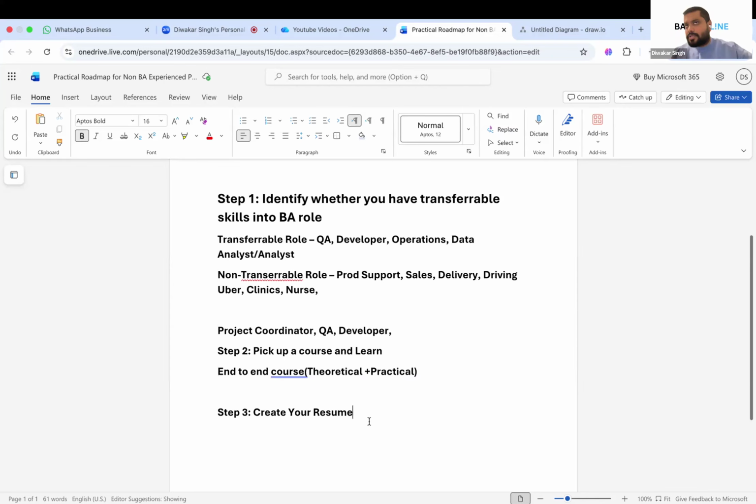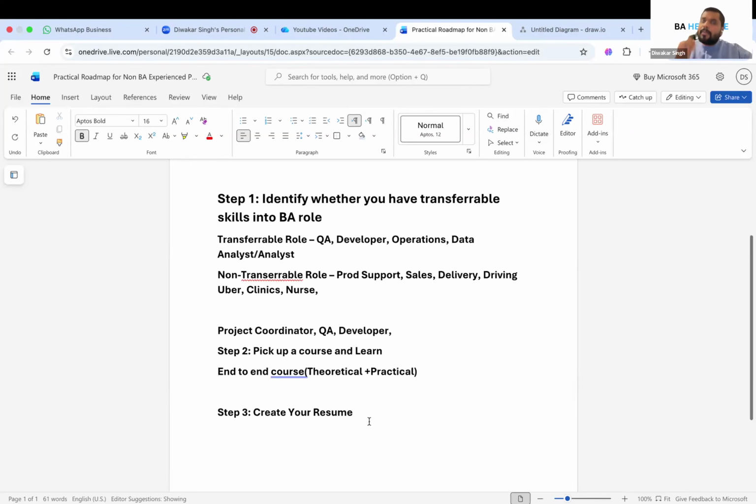And add strong BA keywords. Okay, add a lot of BA keywords in your resume, BA tools, agile keywords, and write your responsibilities section properly. Don't just say gathered requirement. Okay, give the impact also, what impact you made through requirement gathering or through process mapping, whatever. So use AI to draft your resume, and put metrics wherever applicable. Don't put metrics everywhere. So I can make another video on how to create a resume and everything, but here I'll keep it short. So in short, just put that required experience and use those keywords in your resume.